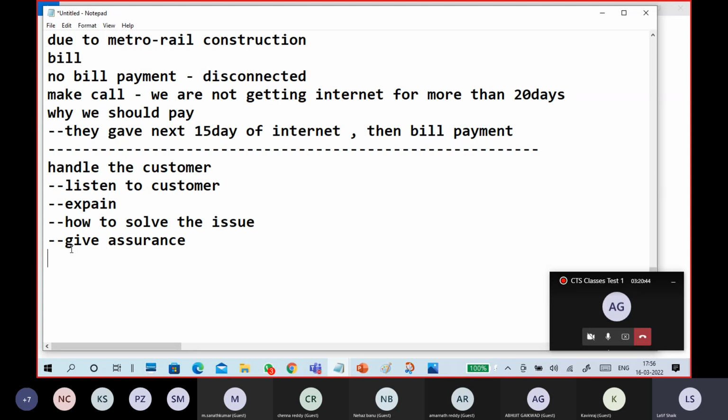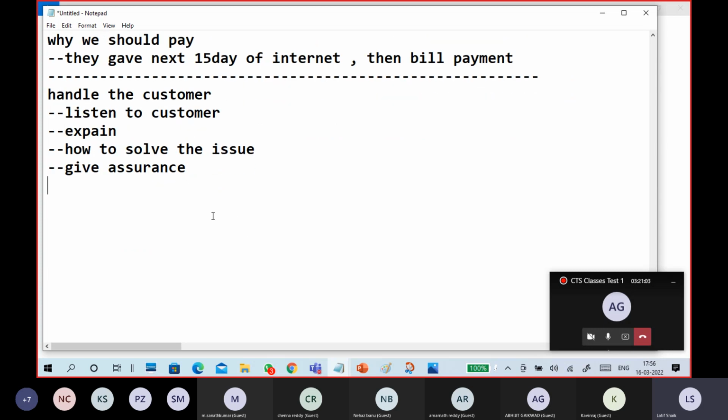Okay. This is how I know handling customers works, even though you are doing telephone communication. Guys, when I tell this to people, you are thinking, sir, are we working in a call center? Are we working in technical support or what? Like that. Guys, any business,